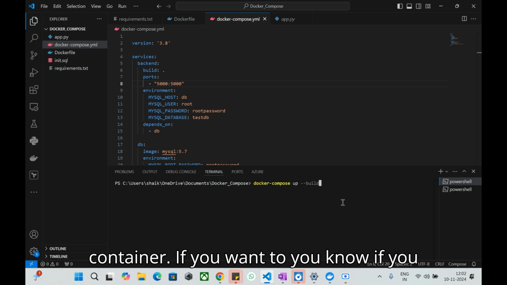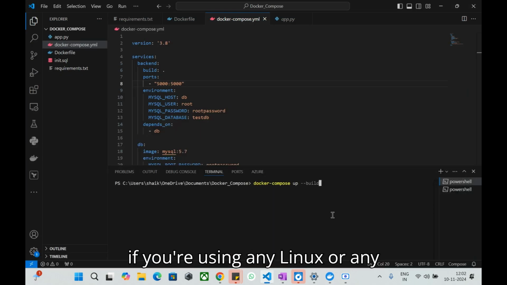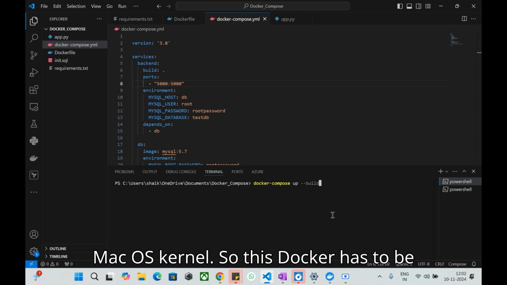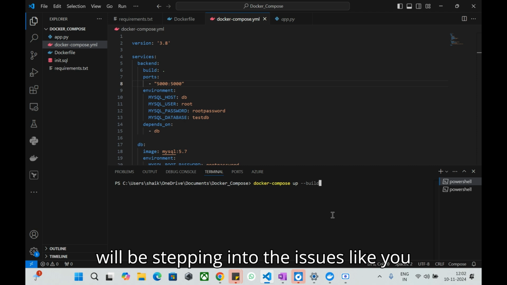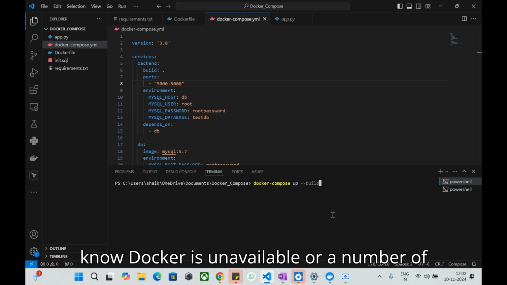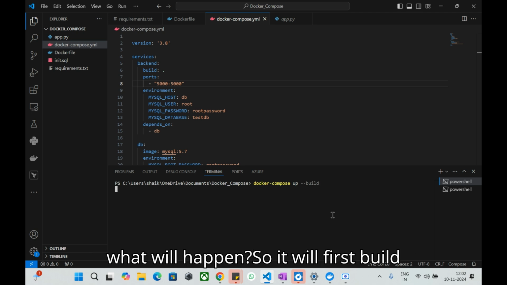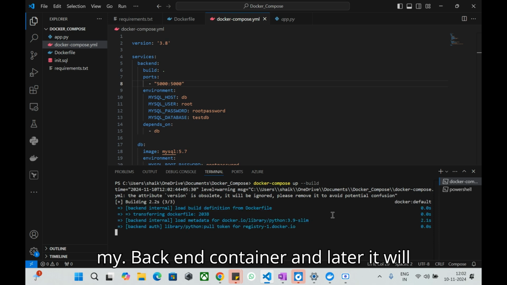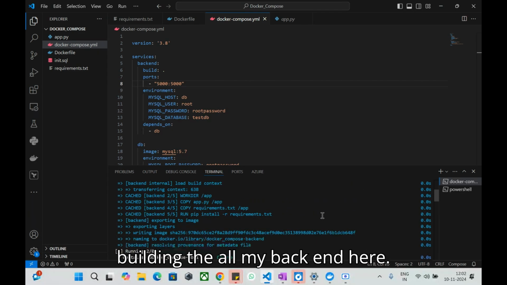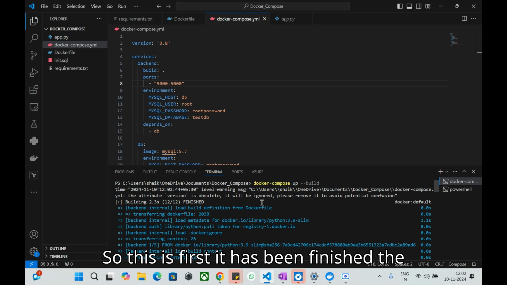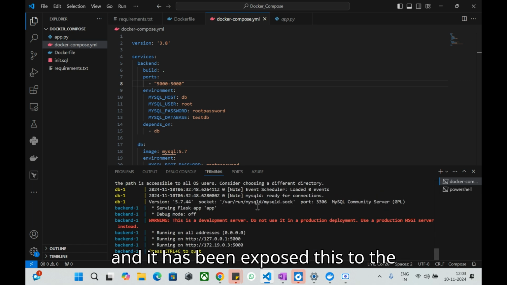If you want to do this activity, you should run Docker Desktop locally, or if you're using any Linux or macOS kernel, Docker has to be installed in your environment, then only can you build it. Otherwise, you will run into issues like Docker is unavailable, or a number of other issues. Fine. So this is the command. Once I press enter, what will happen? It will first build my backend container, and later it will build the DB container here. You can see it building my entire backend here. The backend has finished first, and later it has been running the container for DB, and it has exposed this to the